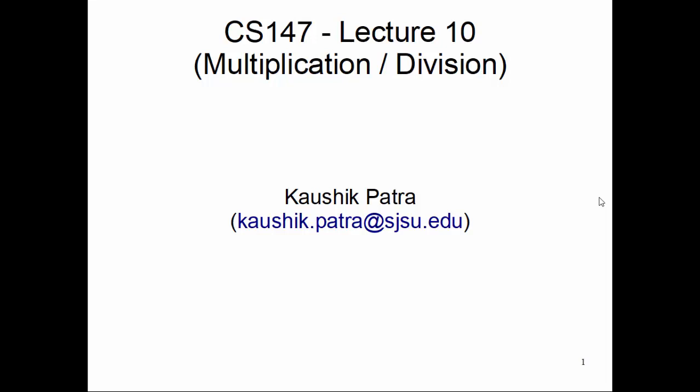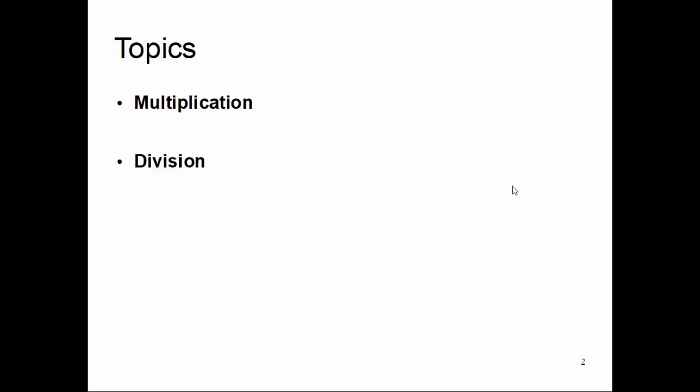This is lecture 10 of Computer Science 147 course, Computer Architecture. This lecture will talk about multiplication and division, specifically the digital circuitry of multiplication and the digital circuitry of division. In order to do that, we'll also review a little bit how multiplication and division work in the paper pencil method that we used to do in middle school or maybe elementary school, and those methods are still relevant and are practically implemented for the binary number system on digital circuits.